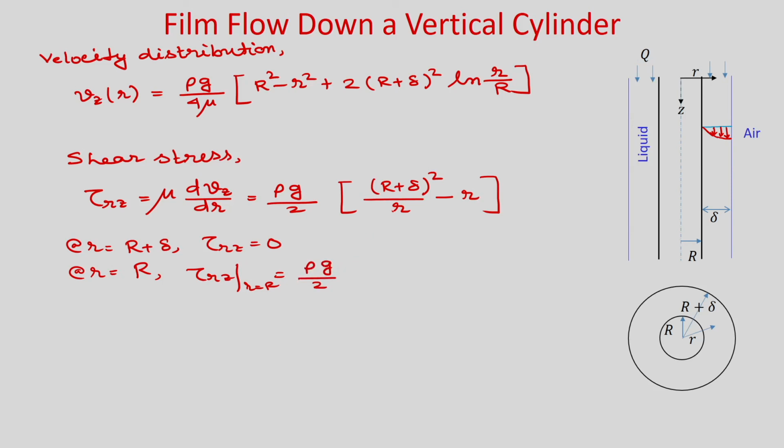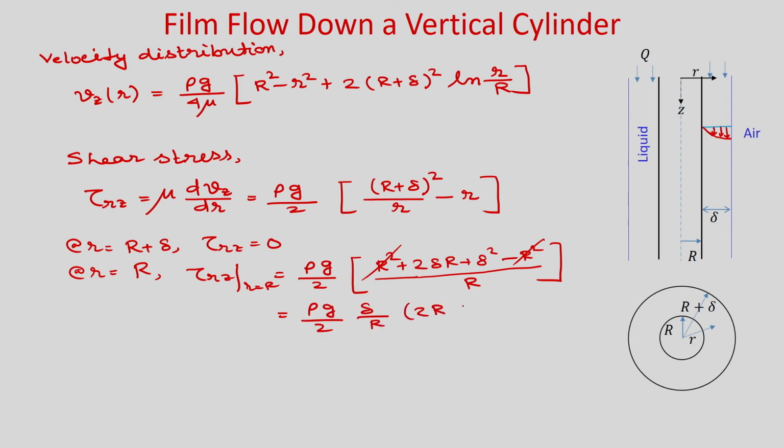So, if you put in this expression r is equal to r, you will get r square plus 2 delta r plus delta square, minus r square. So, this will get cancelled. So, you will get rho g by 2 delta by r twice r plus delta. Okay. So, if you want to draw the shear stress profile inside the fluid domain, then you will get that